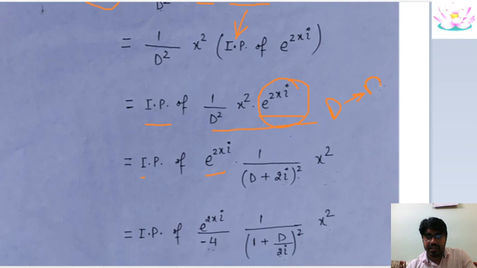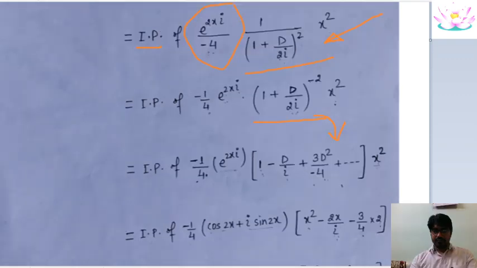All right, in the next step, integrating, this is the imaginary part of this one and this one. This is how we are coming to the Taylor form. Now, after taking out 1 plus D upon 2i with power minus 2, we can deduce it to a Taylor form. We have already discussed how we come to the Taylor form. E to the power 2xi, we can write as cos 2x plus iota sin 2x.